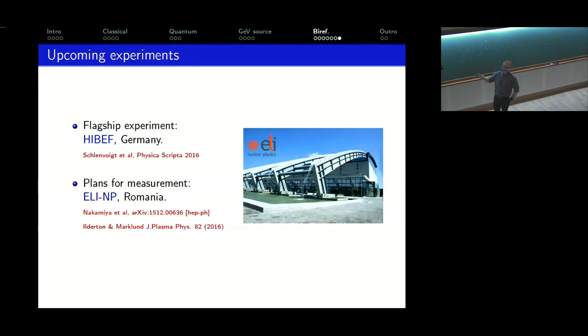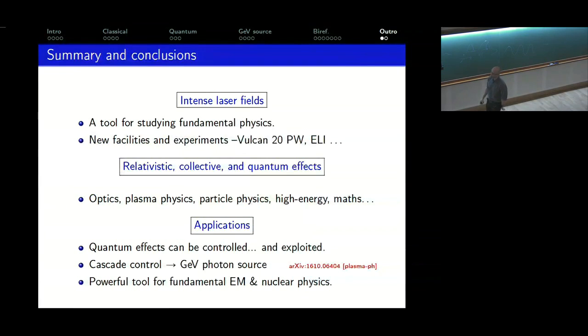So either way, challenging experiments, but very exciting, because an observation of vacuum birefringence would be an observation of light-by-light scattering with entirely real photons. That's never been seen before. This is an area where laser physics can literally, sorry for the pun, shine a light on a corner of the standard model that we can't investigate otherwise. Okay, on that note, I'll conclude.